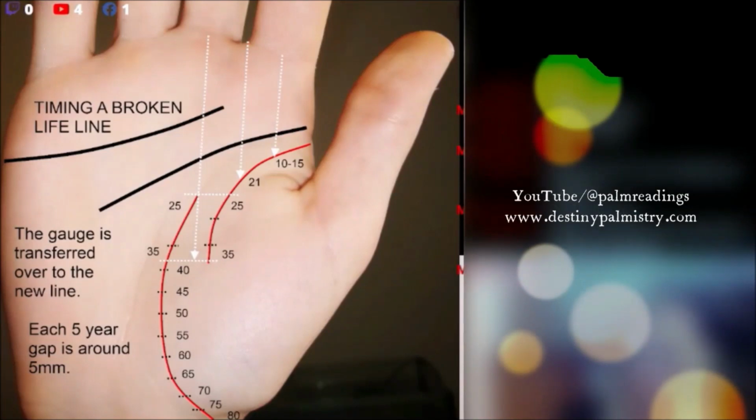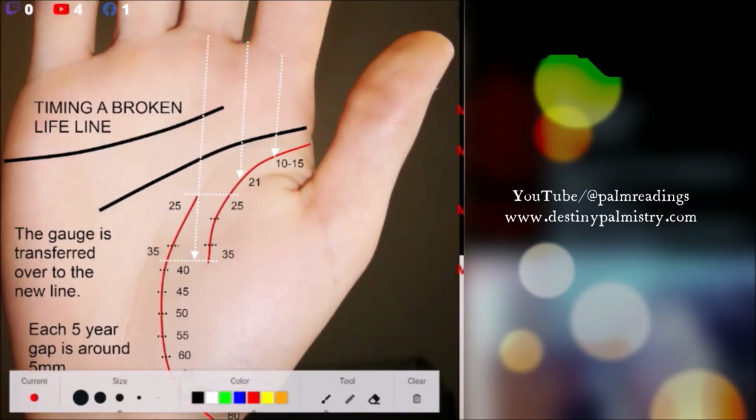So I will try and now bring up the pencil so I can talk about it, interact with the photo, and see if that works. Yeah, look at that. Seems to be working. So timeline